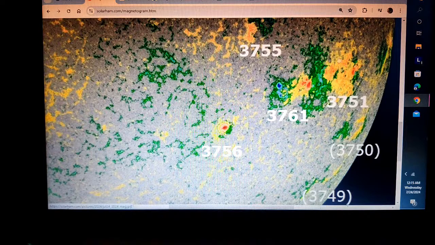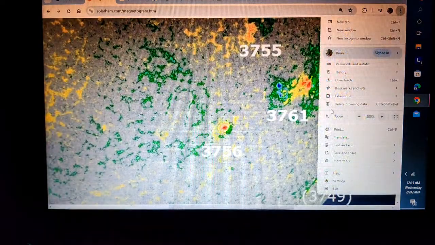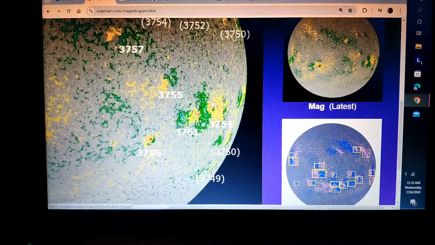3761, 51 degenerating over here. Okay, this one is still the one we got to watch. It's got this configuration. It's really separated, but look right here. It could touch with 51, 61 and 51 could touch right there. All right, so we got close quarters on that one, and it's in the where our IMF line hooks up, so any kind of electrical jolt out of that will come right to the planet.